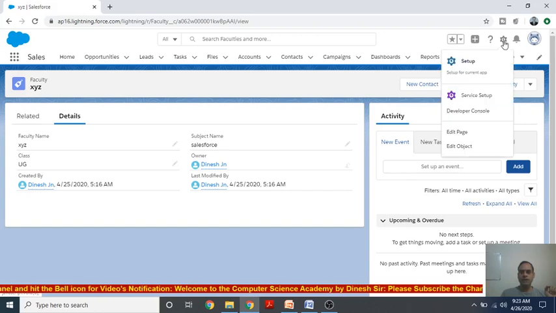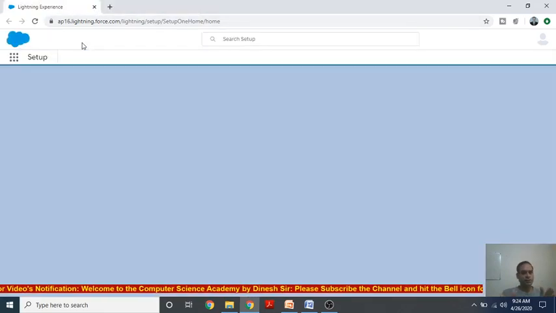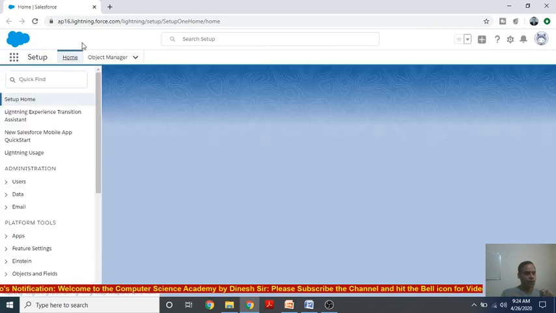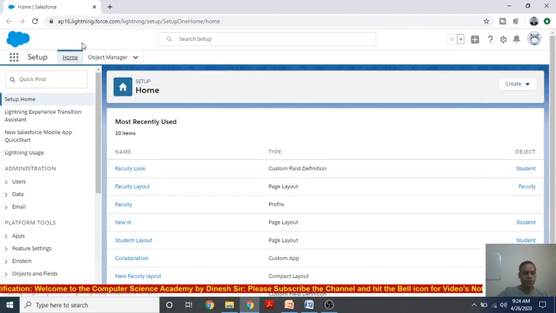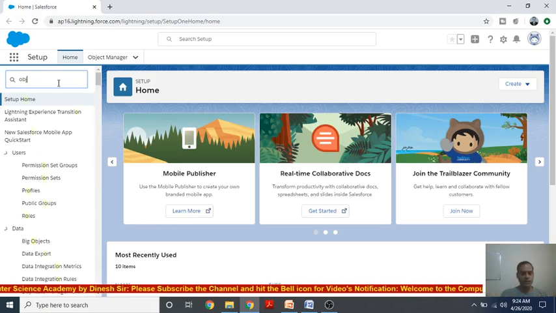So go to setup, click on setup, then we will go to the object manager, because without an object we cannot do anything. So we need the object on which we want to create the master detail relationship.